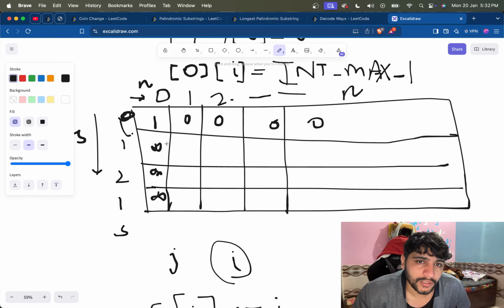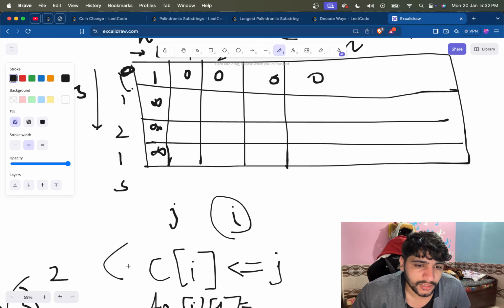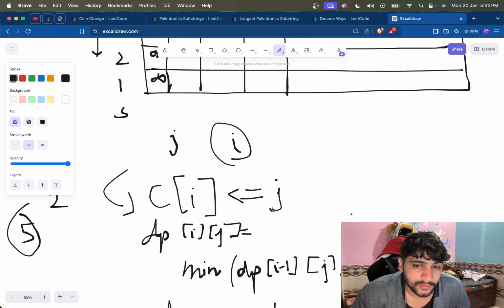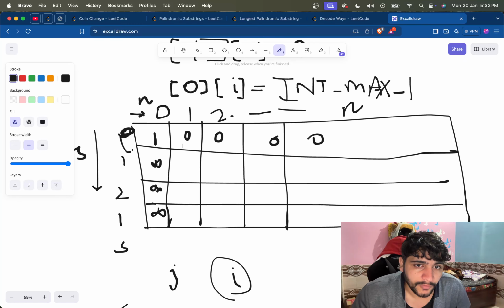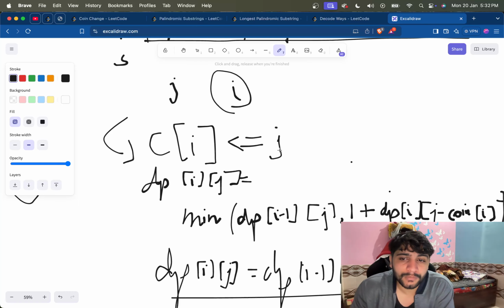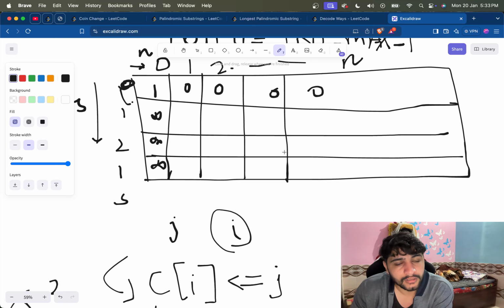If the sum is 1 and the coin is also 1, it will go into this condition. If we go into this condition, it will be the minimum of dp[i-1][j], just the last row above it, it's 0, and 1 plus dp[i][j-1]. This term will be 0, j minus coin i, and this is 0 already, so 1 plus dp[1][0]. What is dp[1][0]? First row,